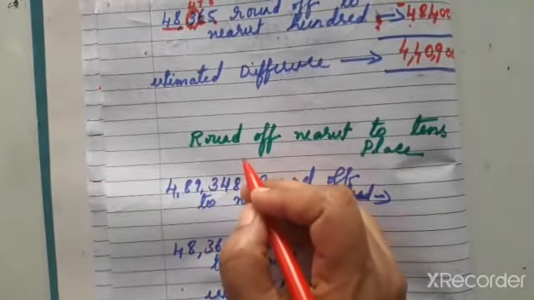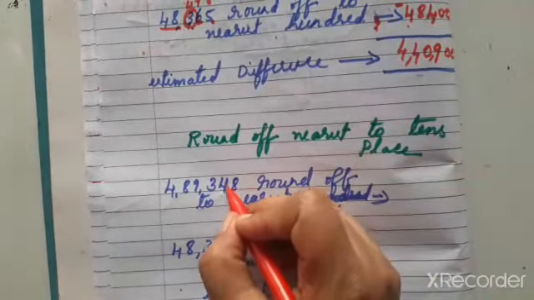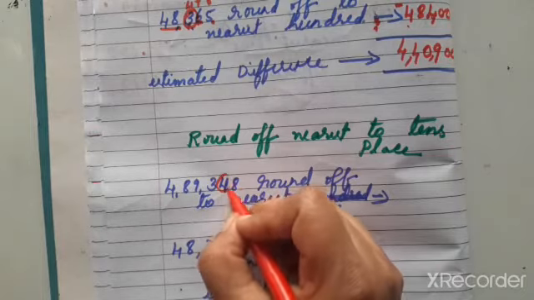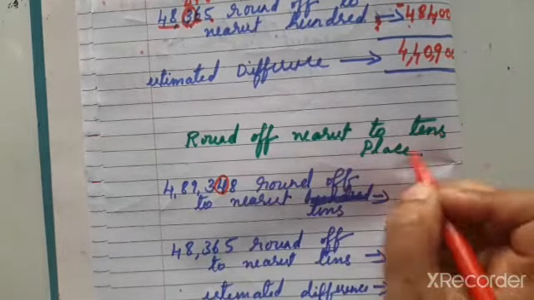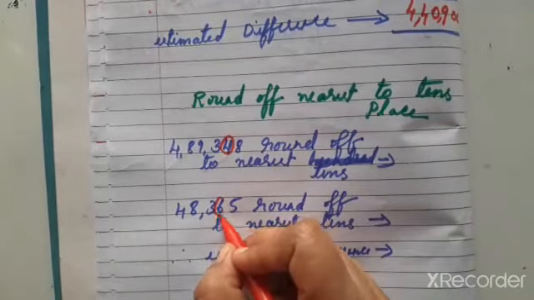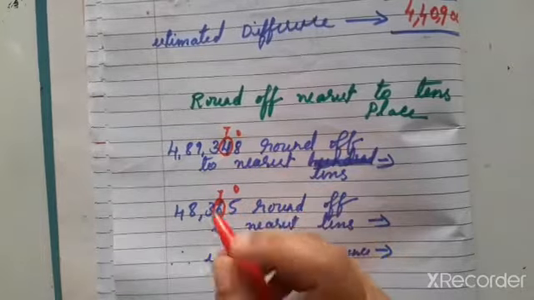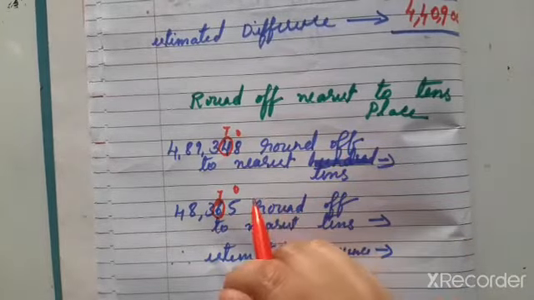So what is the first step? First step you have to round off the place value. In which place? Tens place we have to round off. So ones, tens. In which place do we have to round off? Tens place. Ones, tens. So here ones, tens. This place we have to round off. So the first step is over. Second step, knock the door and ask for credit.